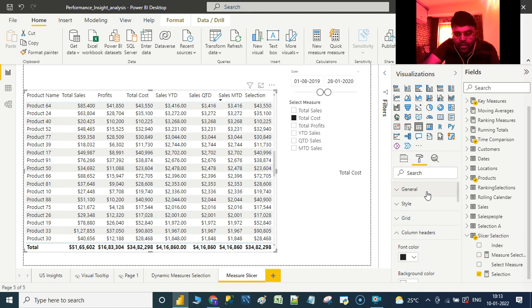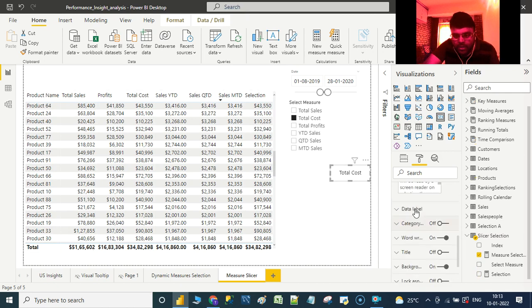Let us also have a look at the size of the height and width. Width is 934, height is 582.